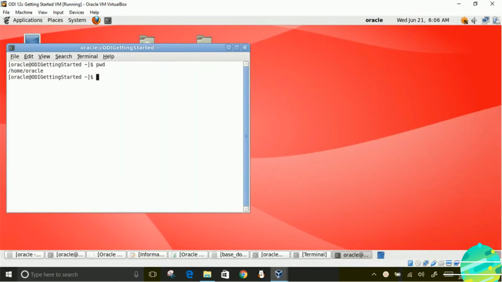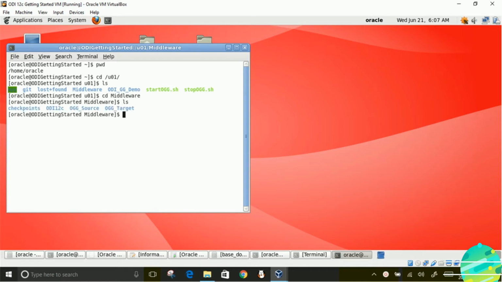Open command prompt. You will be in home Oracle directory. Change the directory to U01 and then change the directory again and go to middleware. Under the middleware, you change the directory to ODI12C.